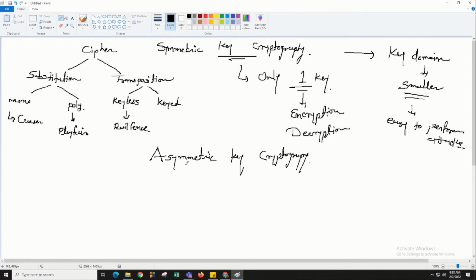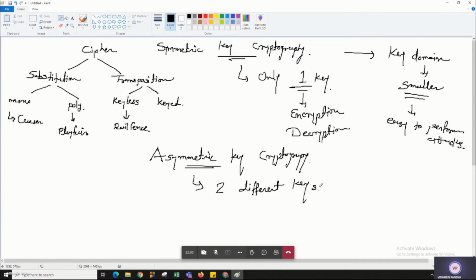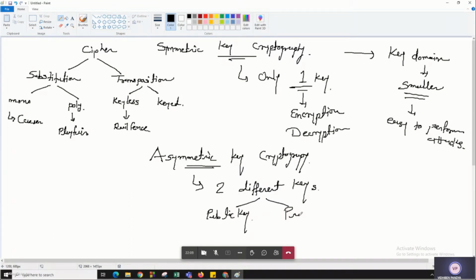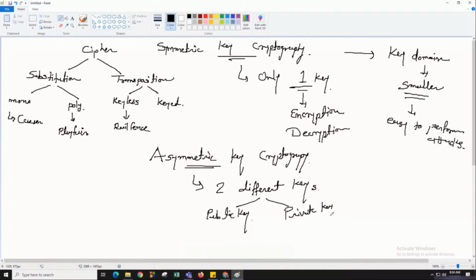So in this method, we come up with two different keys: one is the public key and another one is the private key.